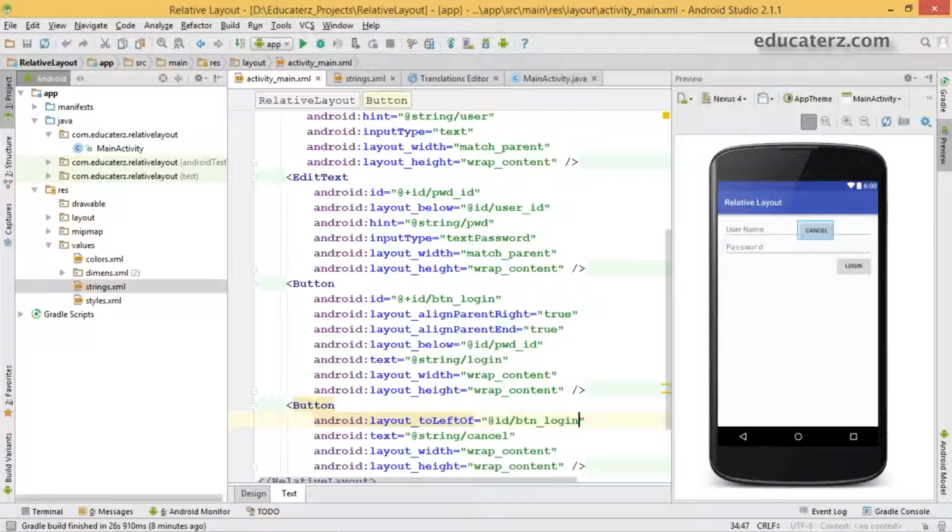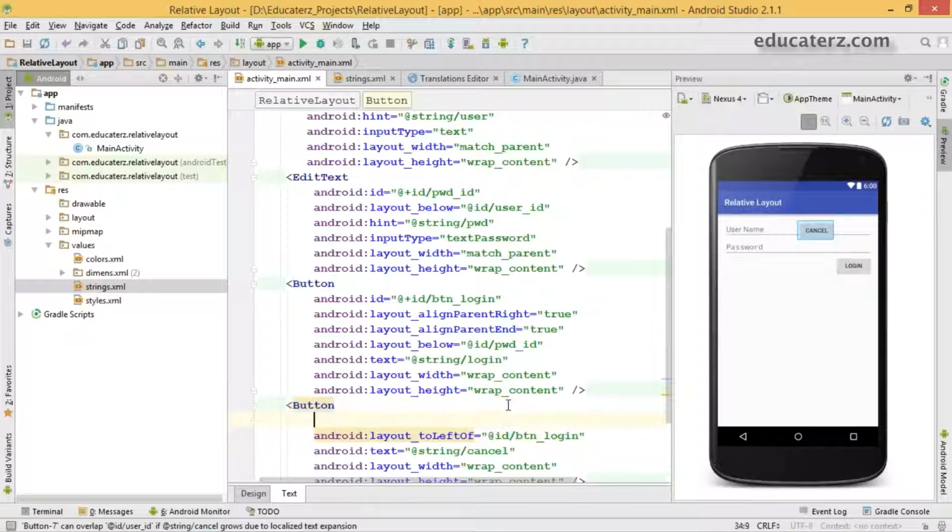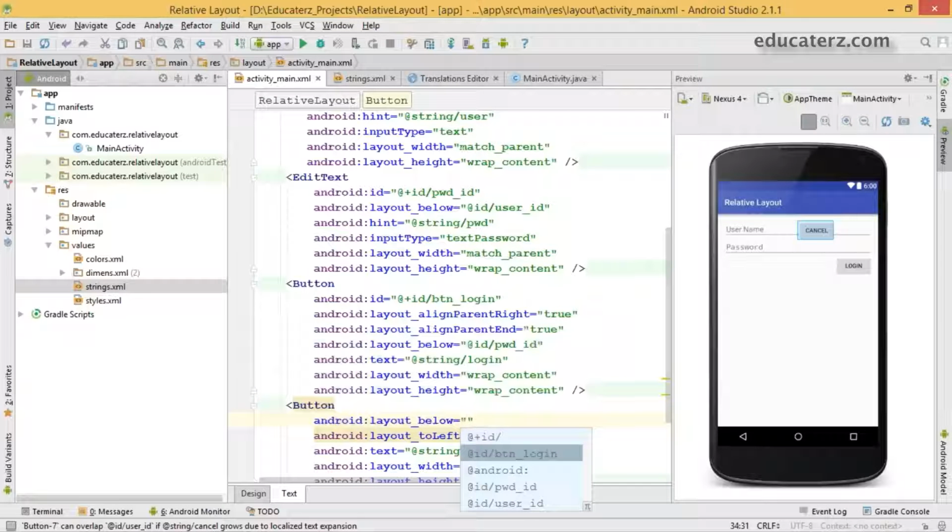So here comes the scene. If you observe in the preview, it is okay, to left of your login button, but it is completely at the parent top. That exactly should be below the password edit text, and to left of your login button. So immediately use below, already you know how to use that. Layout below your password ID.